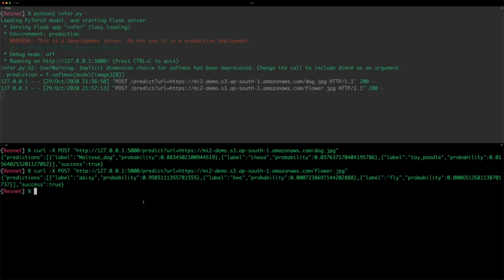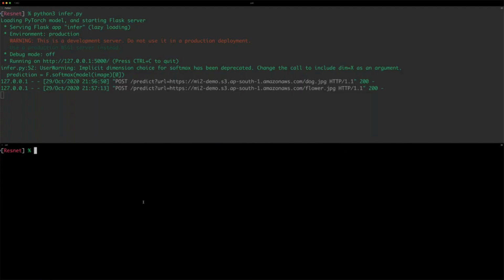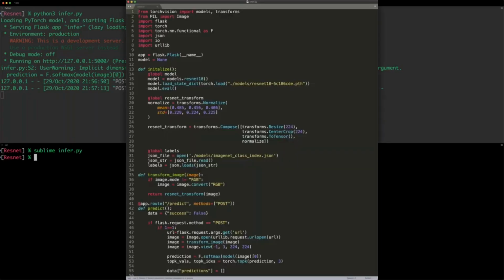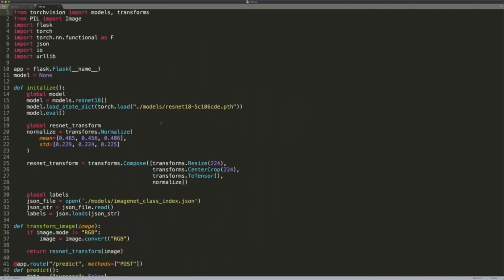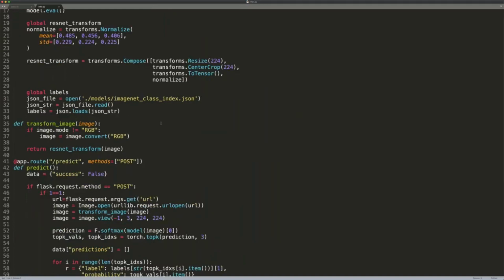So this is basically the model that I want to host in Lambda. And I'll take the route of EC2 to basically set up everything within the instance. So now this is my local model. If you're curious, I can also show you how the code looks. This is a typical ResNet classification program in Python. Obviously it's a pretty straightforward one.